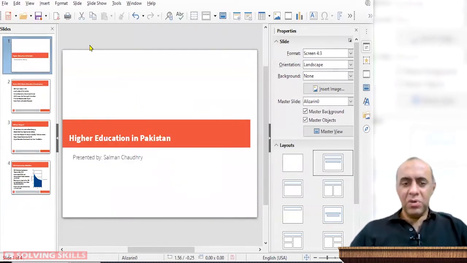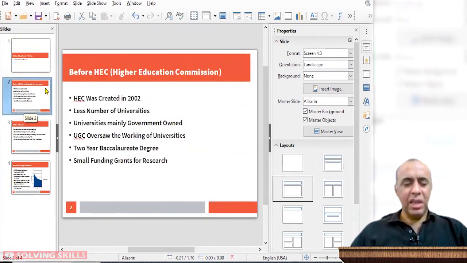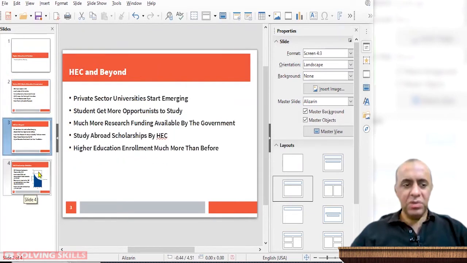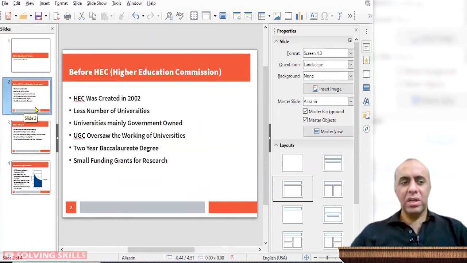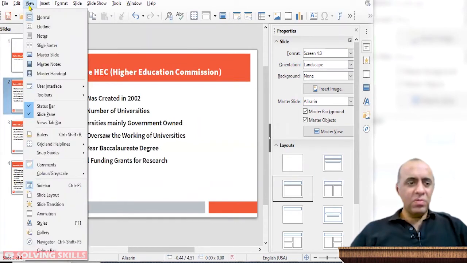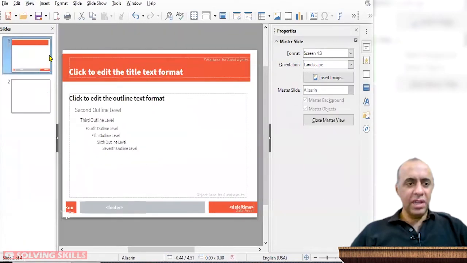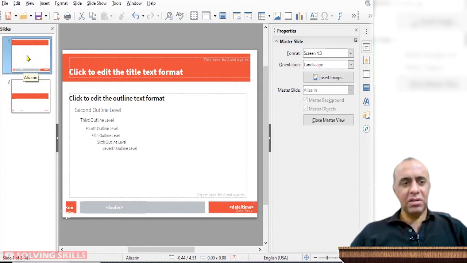Now I am going to tell you how we can add text and logos inside your presentation, which remain the same throughout the slides, and you don't need to add them on every slide every time you create a new slide. So I'm going to go from the view menu to master slide. There are 2 master slides available. One is for content and one is for title slide. So you may have noticed that the title was written in the middle. So this is the title slide, and this is the content slide.